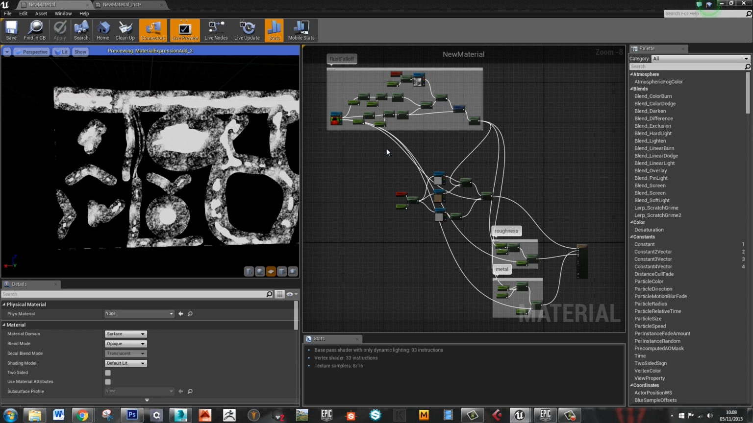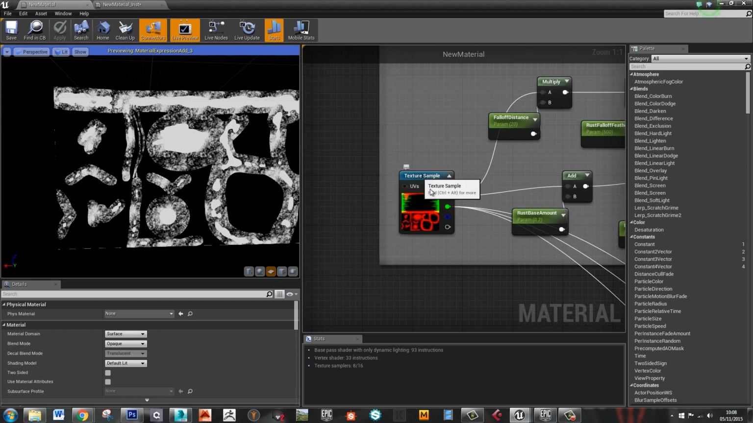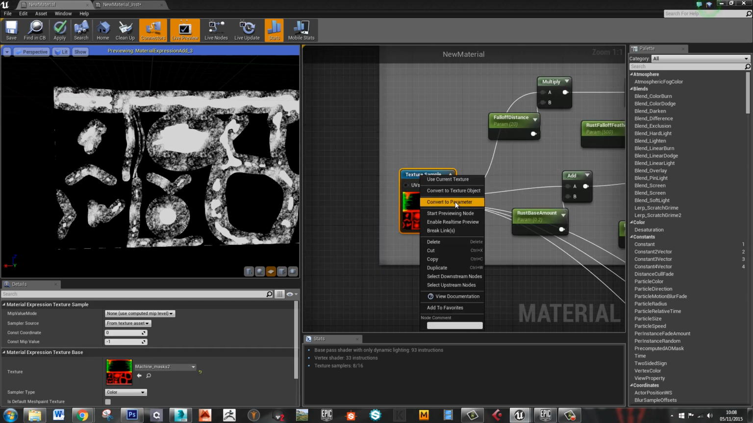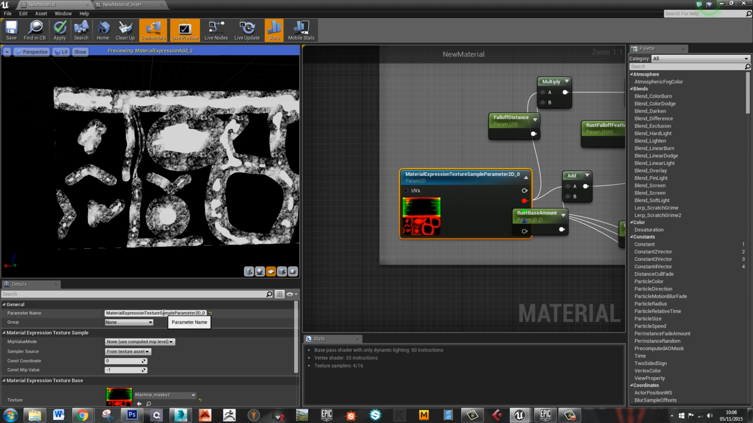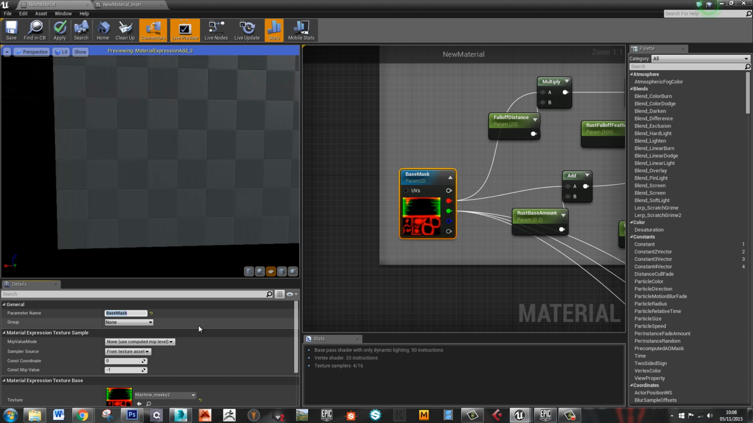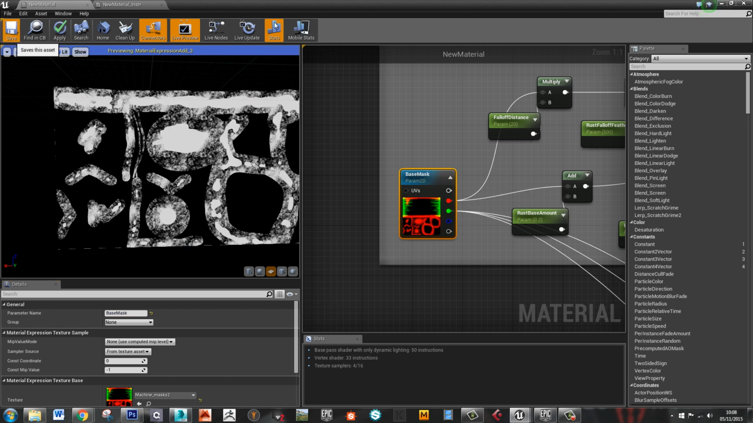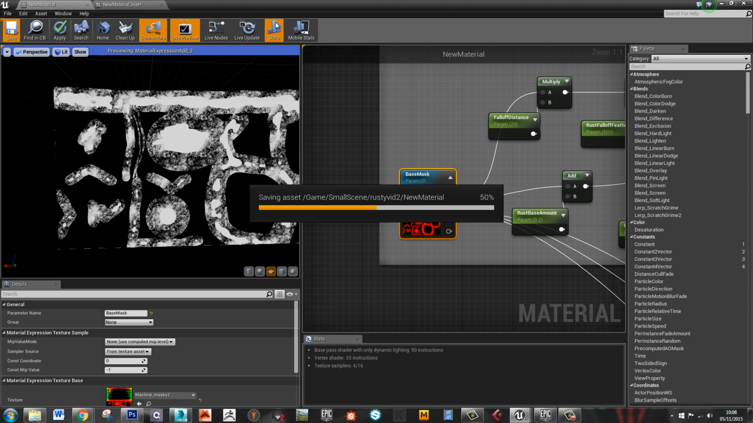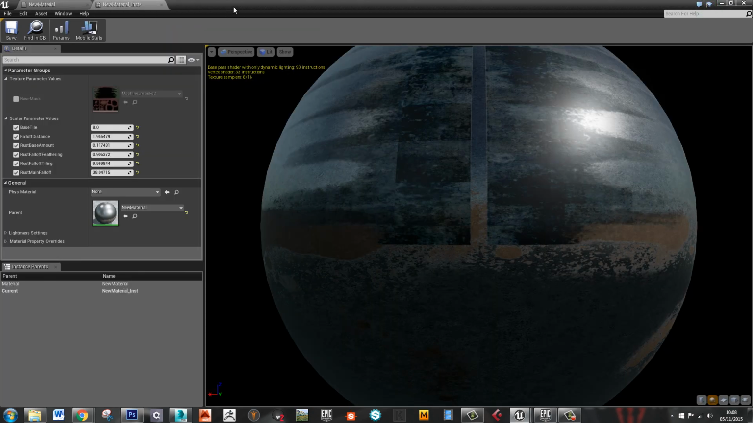Where this technique really starts to make a lot of sense is once we do, so let me just save this, once we do this, we get our original mask and we convert that to a parameter, and we'll call that something like base mask. Save that. So now what we can do is